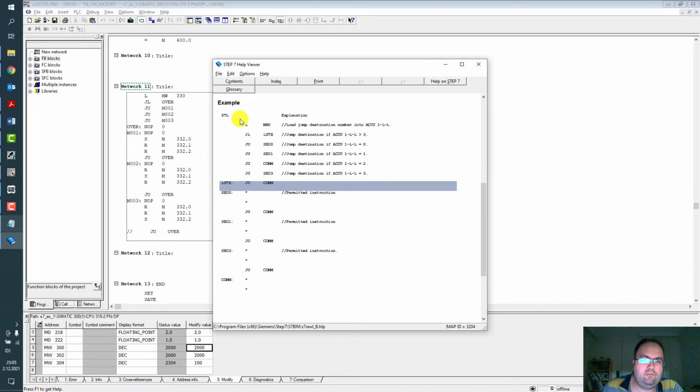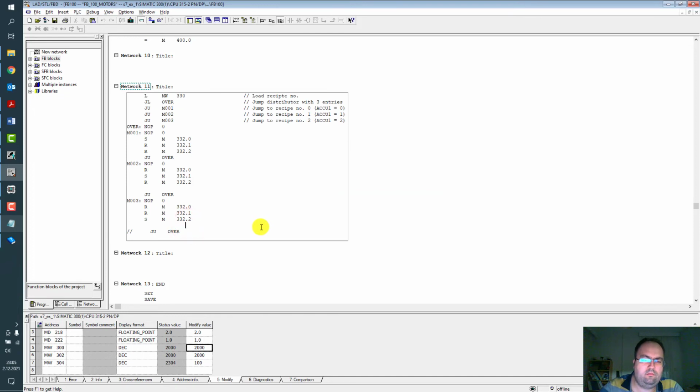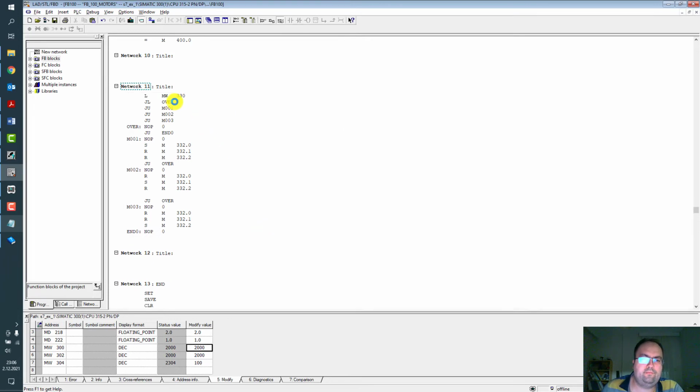First you define here the case. And I have to say and 0, nope 0, jump unconditional to the and 0. Let's save.